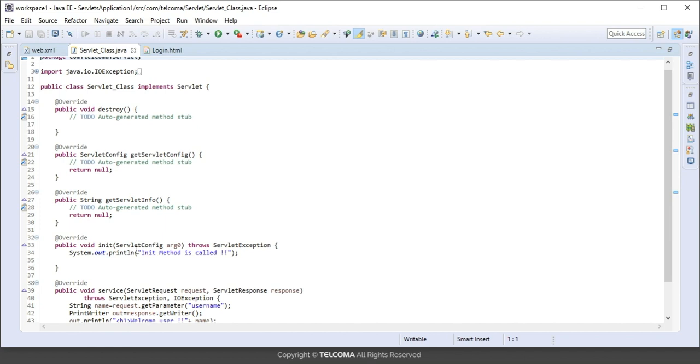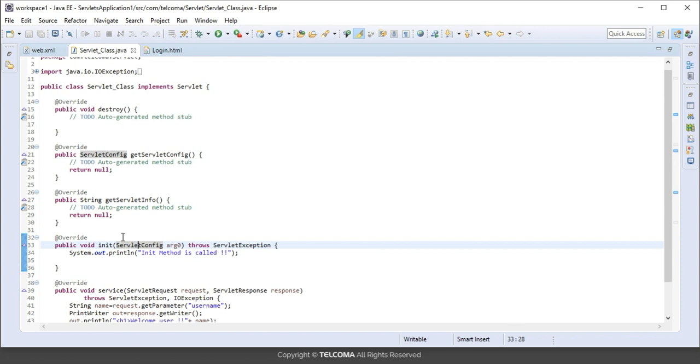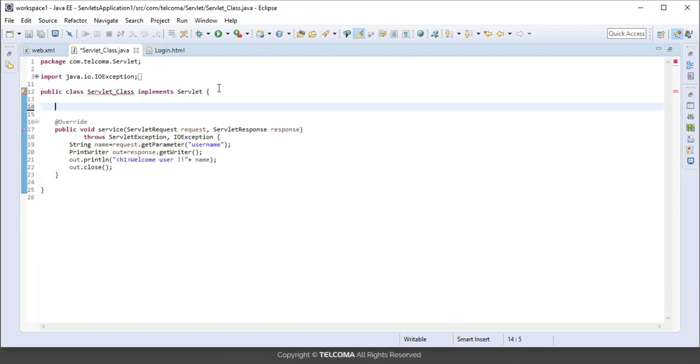Apart from ServletConfig, we have a ServletContext also, but that is the one which is created only once per web application. It's not created for every servlet request, but only once. And this config is created for every servlet. That is why it is passed to the init method, because it's created only when the object of the servlet is created by the web container, which is also done once only. At that point the ServletConfig is created and passed to init. Okay, fine. So let's just comment it out, or remove it,